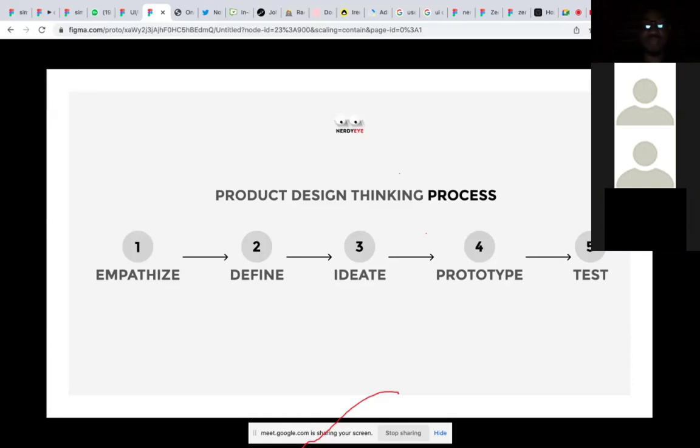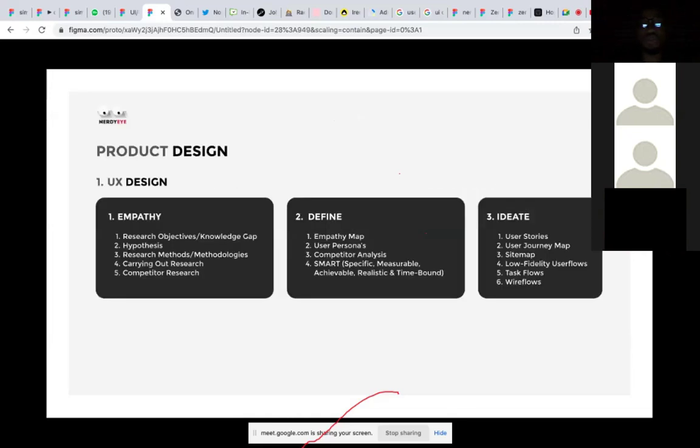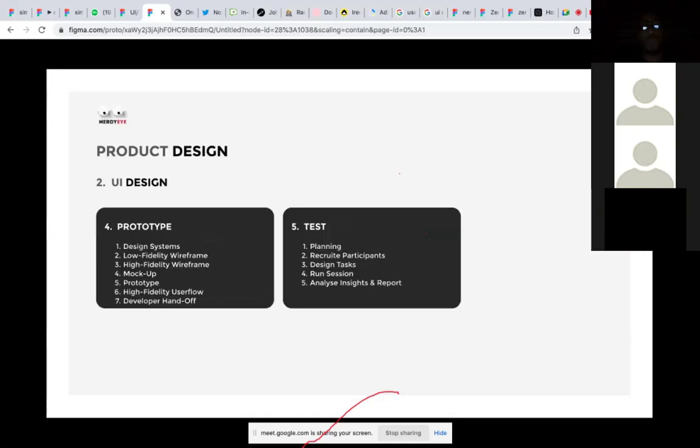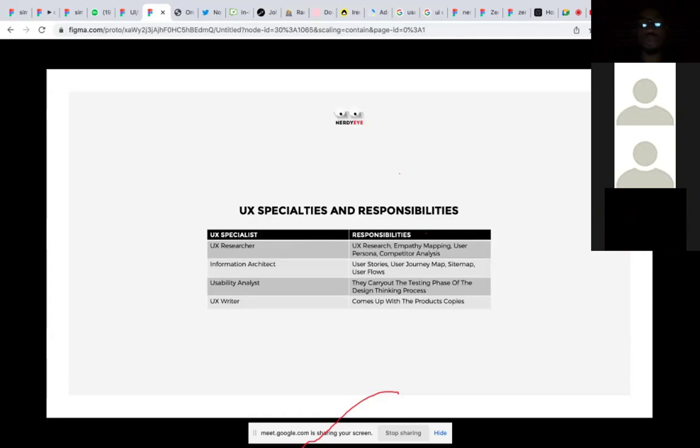So after you prototype, you take it back to the user. If they like it, fine, it's passed, you're done. If they don't like it, you report it and you test again. And that is how. Once you've done these things, you're actually done with that particular product. The next thing you want to do is conclude the project and give it to the developer, and there you go. Now, before we go, I also want to talk about core responsibilities and different areas that you could